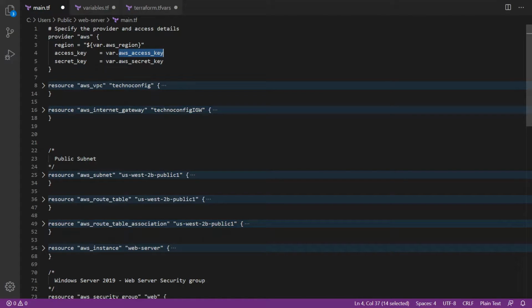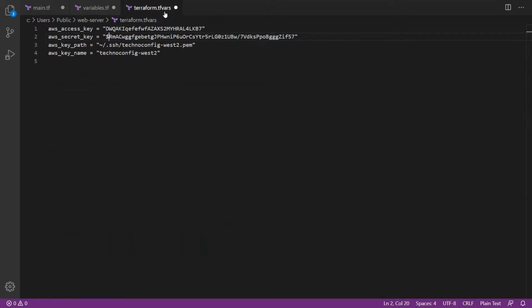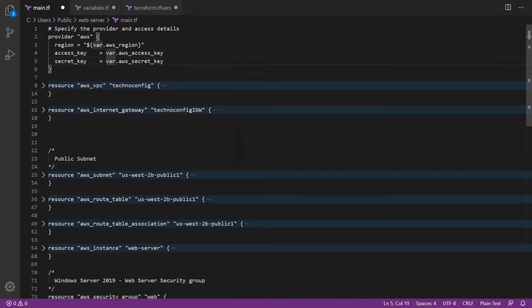If we go back, we're going to see these values are defined in our variables.tf or our terraform.tfvars. So in the case of keys, these are sensitive information. We put these values inside our terraform.tfvars. Here you see the access key and the secret key. These are the values that Terraform will be using to access the provider. And we see region